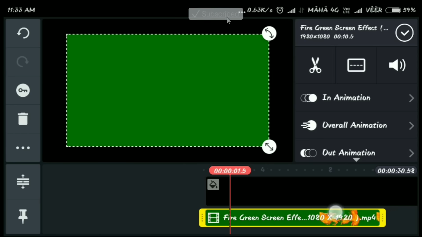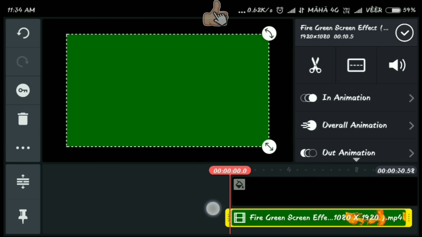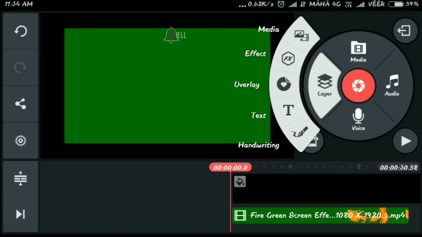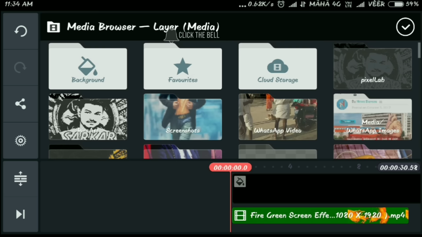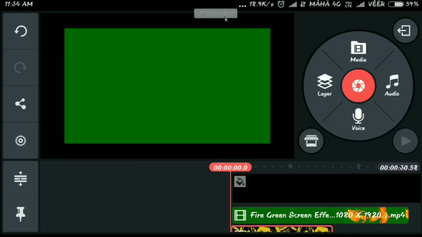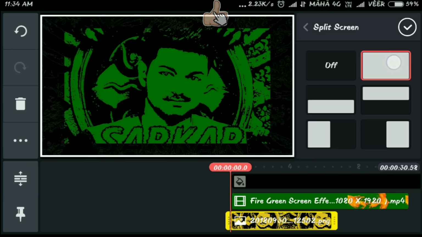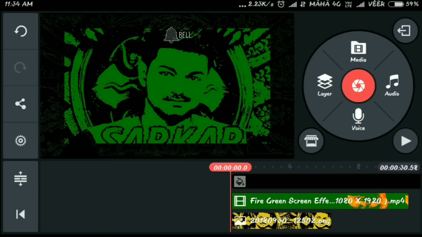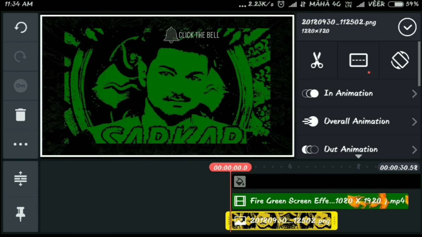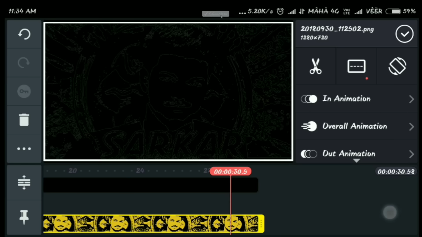Then little bit extend that. Okay, click on the layer option, then click on the media and click on the Pixel Lab, select that picture which we have edited in the Pixel Lab, click that option and enable full screen. Extend the picture,